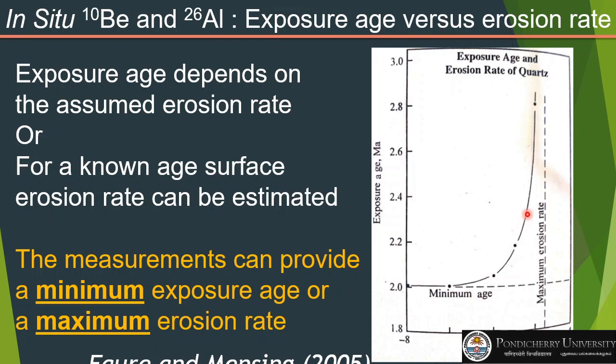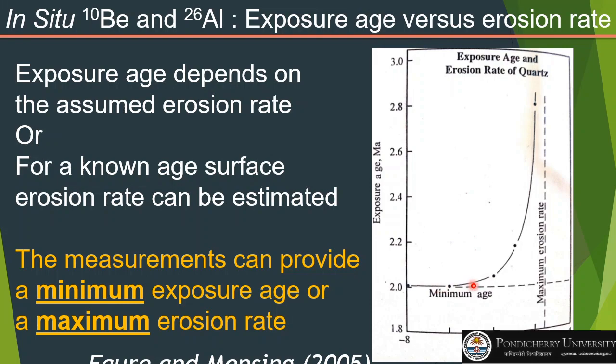But as the erosion rate increases, the same production can give you very high exposure ages. So basically it means that one measurement of the sample can tell you what could be the minimum. So if you have a very slow erosion rate, that means whatever production is there, you are not destroying that production by erosion. So that could be the exposure age, but still some amount of erosion is there. So that means it is a minimum age. That means your surface is definitely older than that age which you estimated for a very slow rate of erosion.